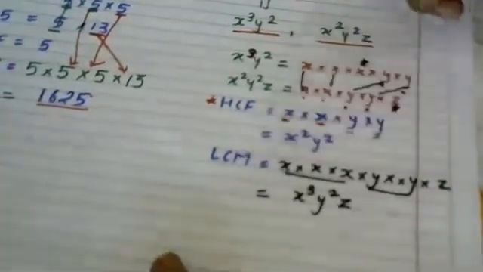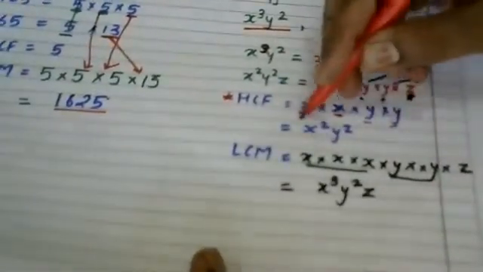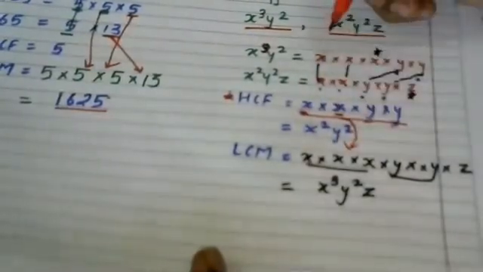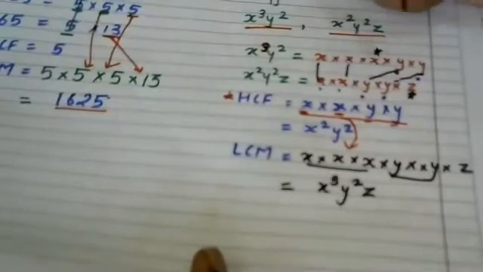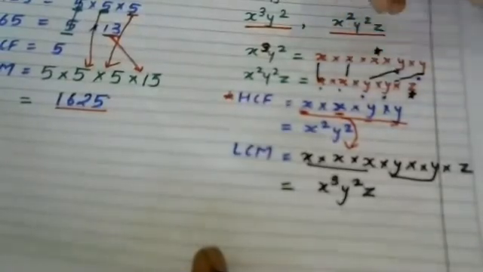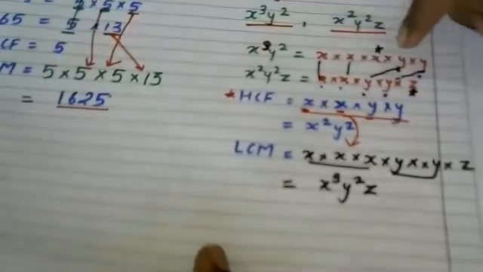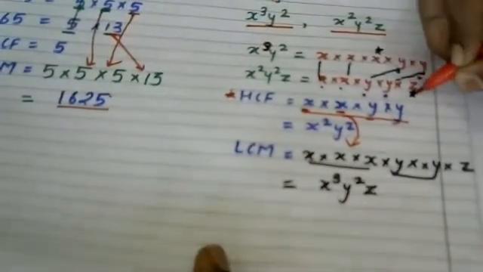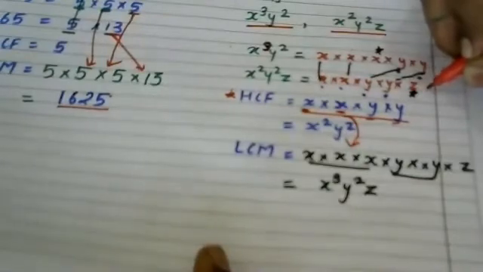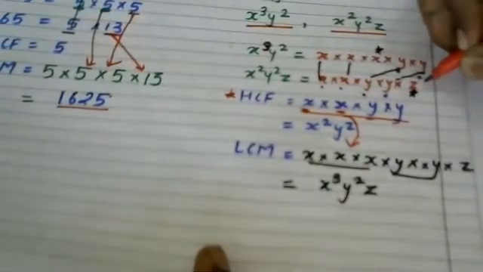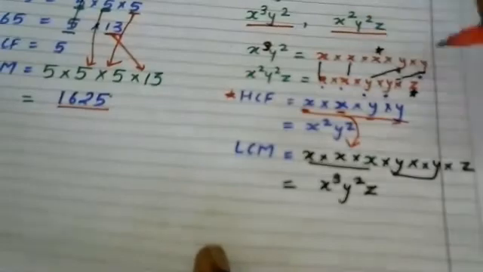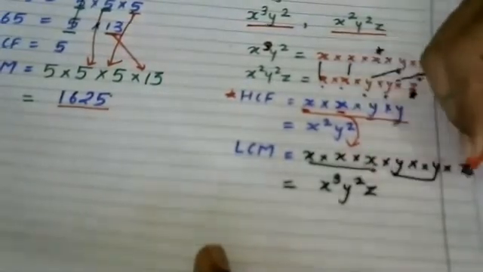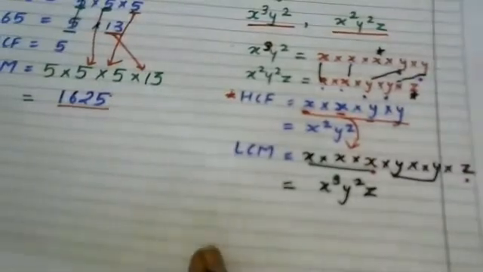Now we will turn to the LCM. Whatever is your HCF, all that will come into your LCM. Definitely partners are going to come. Now the variables which are not having partners, for example this x I have marked with a black star, and this z which I have also marked with a black star. These two don't have partners, still LCM has a broad-minded concept that will take them also.